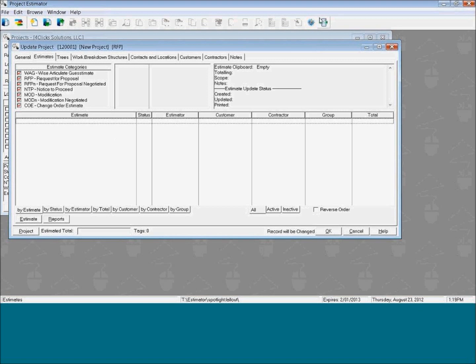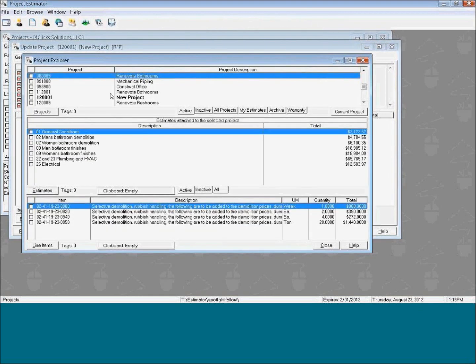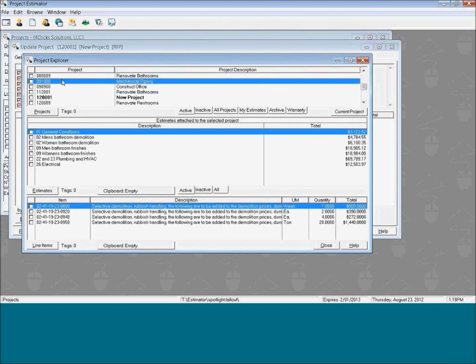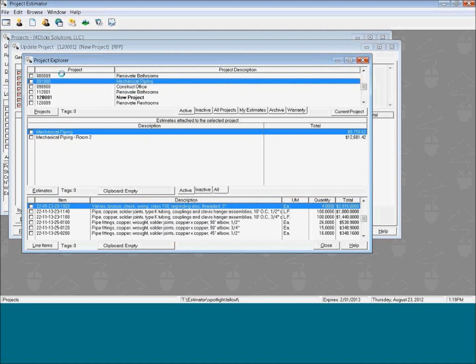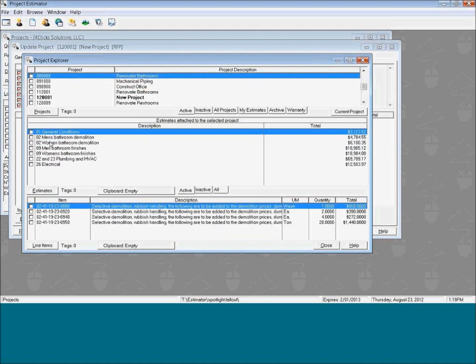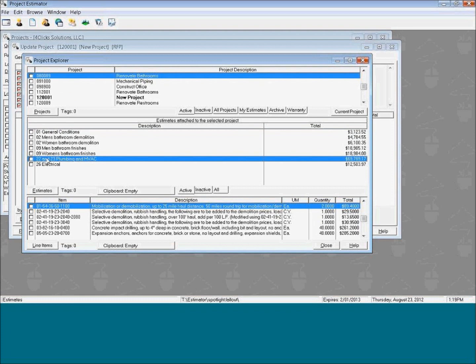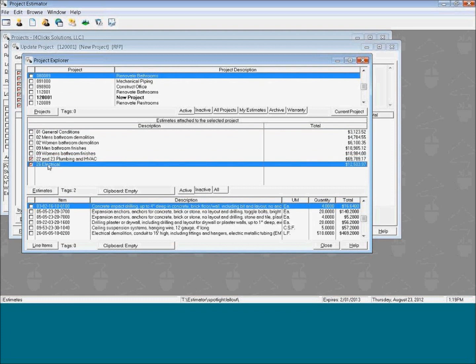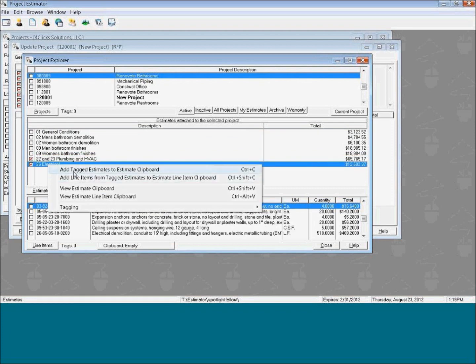So if you remember, we have a new tool called Project Explorer. If not, I highly suggest one of the other spotlights or looking at some of our READMEs or newsletters. I'm going to click on that. And what that lets us do is navigate through all of our existing projects and then copy and paste some of the existing estimates. So I'm going to grab these two estimates, and I'm going to add the tagged estimates